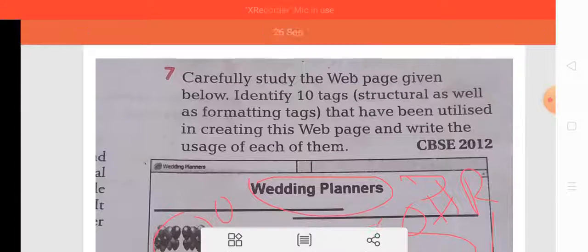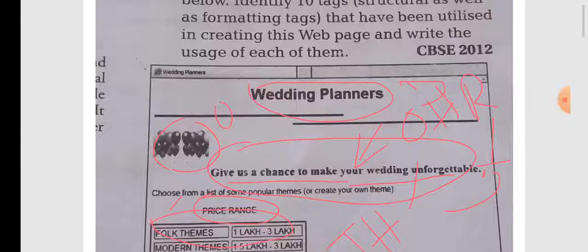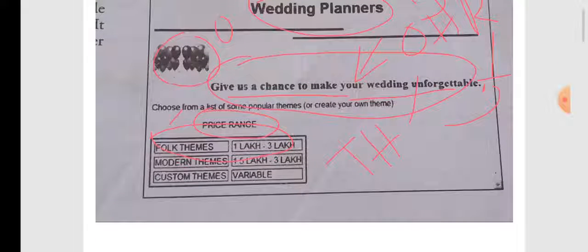This type of question is asked so many times in our examination: identify different tags, whether they are structural or formatting tags. In most of the questions there is an image, a heading, and a table, and sometimes a link. We identify the link when we see a word that is underlined.